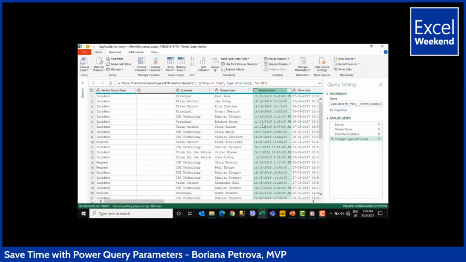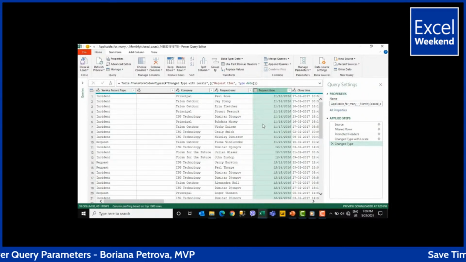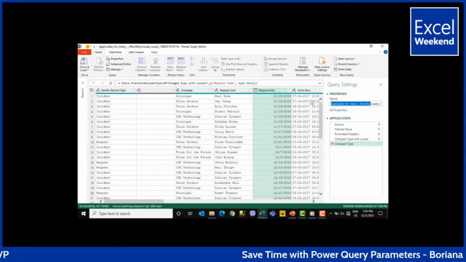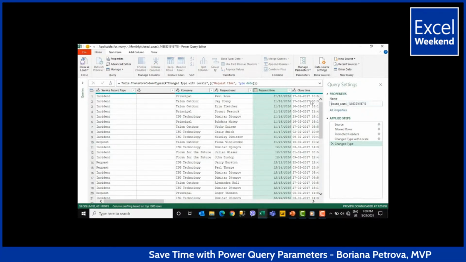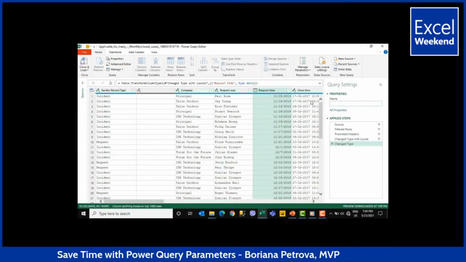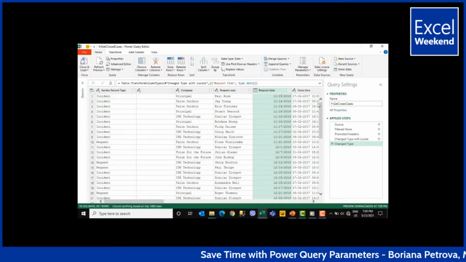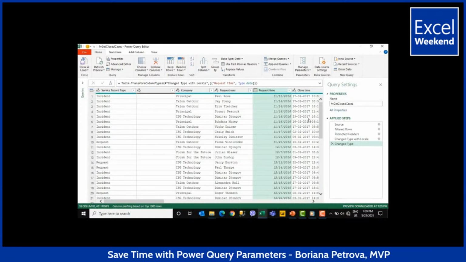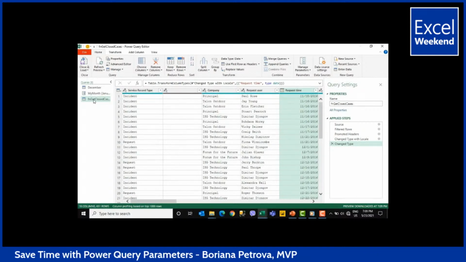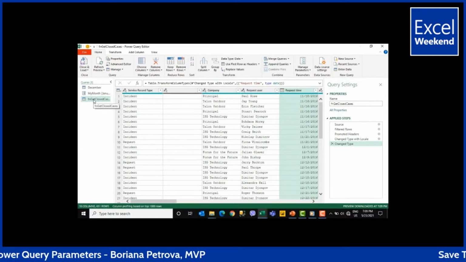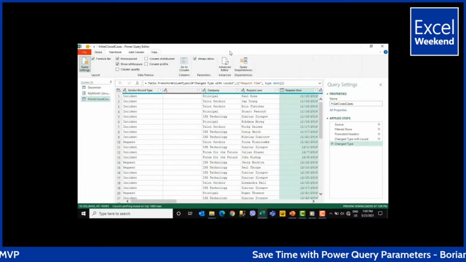And I can call this simple function fn get closed cases, and this one is still Power Query, and now I will transform it to be